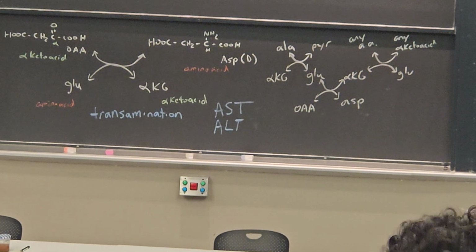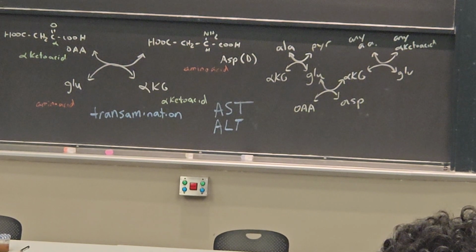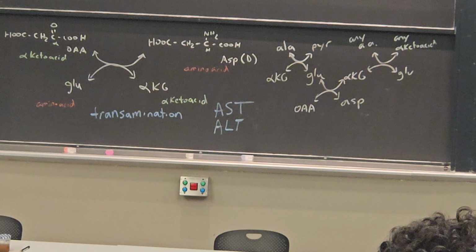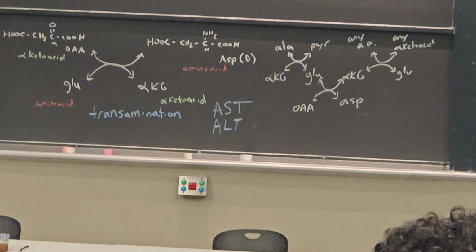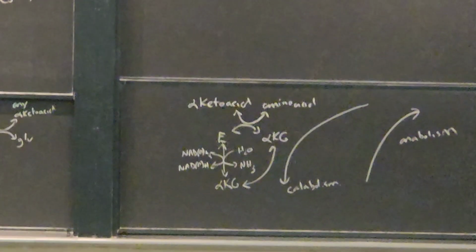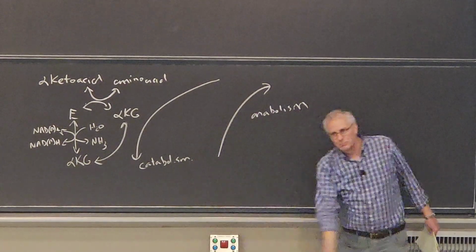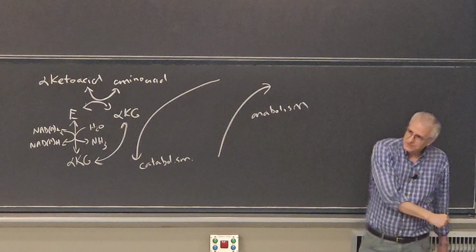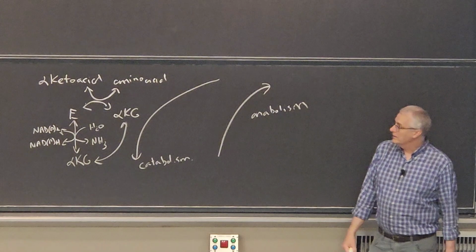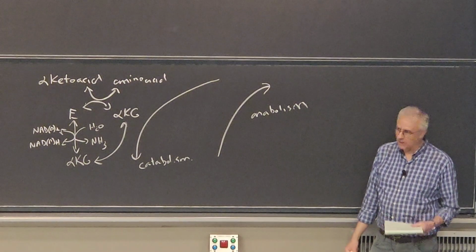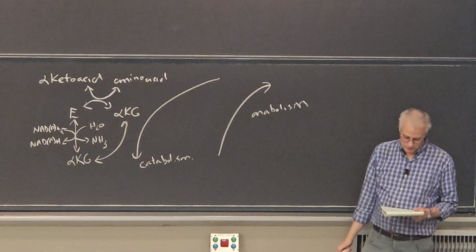and now just keep running a cycle and dump nitrogen. If I want to do anabolism, I can take nitrogen in from alpha ketoglutarate, make glutamate, transaminate that nitrogen onto an alpha keto acid, now I get an amino acid. So if you're building muscle, you're pulling amino acids out. Anabolism. If you're starving and breaking down muscle, you're pulling amino acids this way, making ammonia. Completely reversible. All right, let's take the break, and then after the break, we'll talk in detail about transamination reactions, and then hopefully get to nitrogen, arginine and urea.